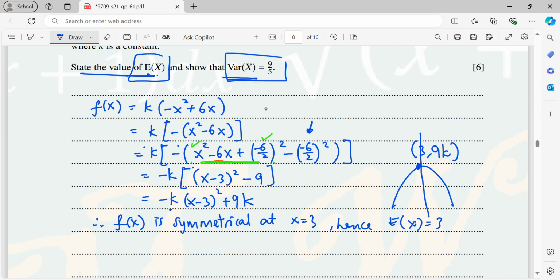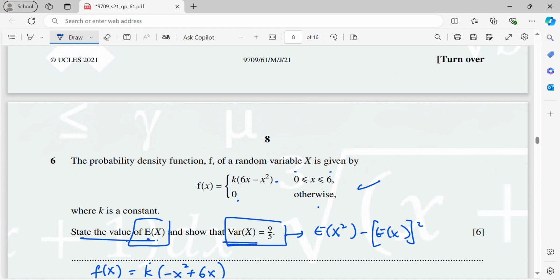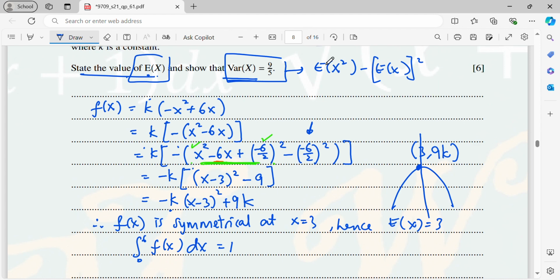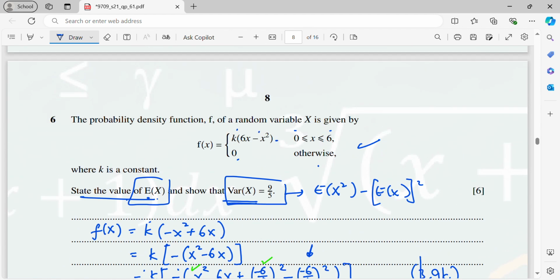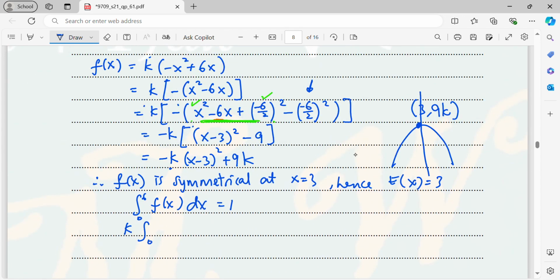Now show Var(X). For variance X, we need to use the formula, which is basically E(X squared) minus the square of E(X). To get E(X squared), we need to do integration, but we need to find out the k first. So now integrate f(x) dx from 0 to 6 equals to 1, that is the total probability. Since your f(x) is k times these two terms, the k can be taken out. I can factorize the k before I integrate. So k integrate 0 to 6, 6x minus x squared